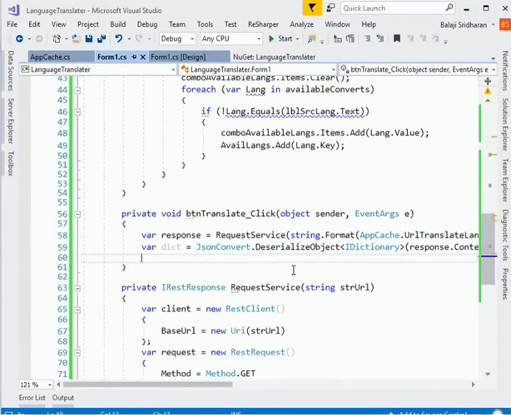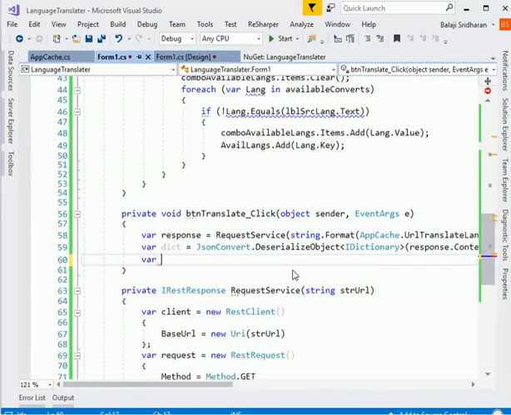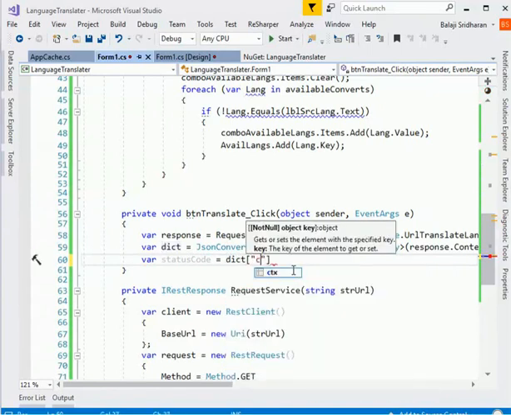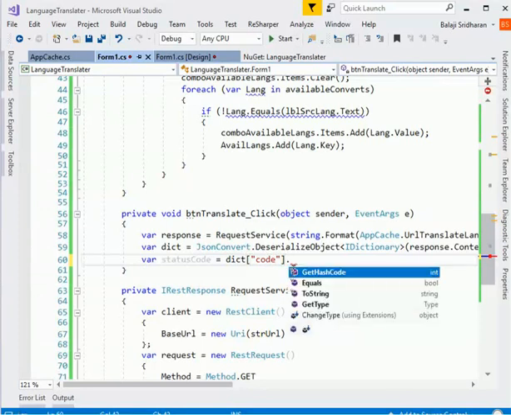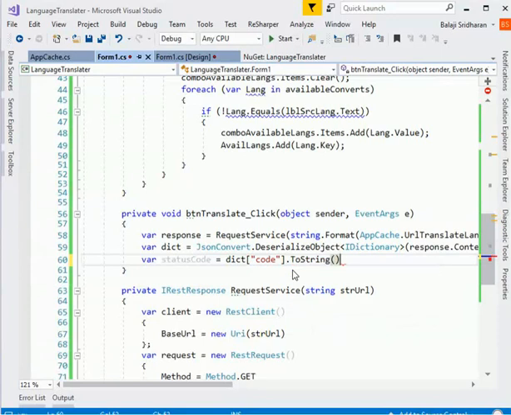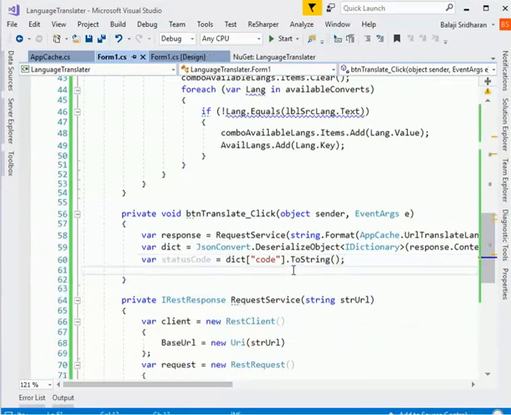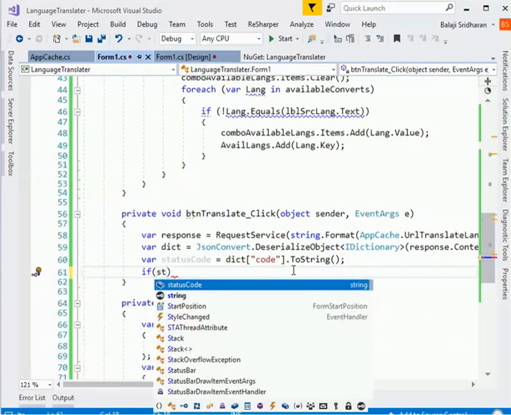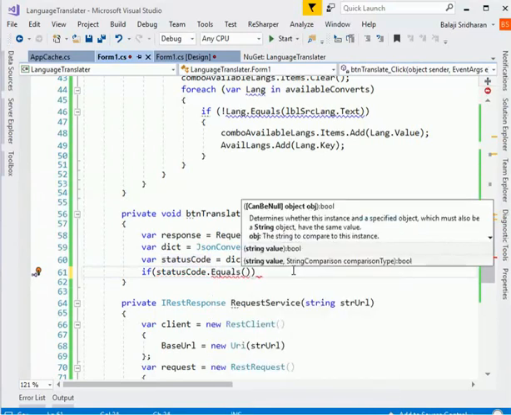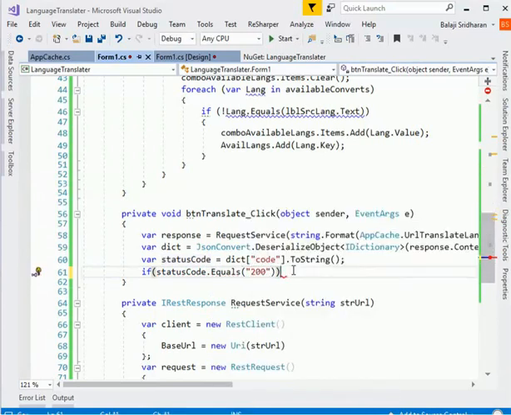Now I want to get the status code of this response, where status code is equal to response status code. You will check whether our request has been successful. Our request is success or not. And then you will check if status code dot equals 200, means if our request is success,